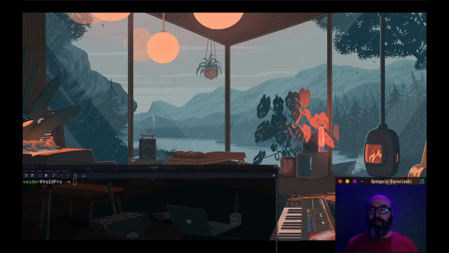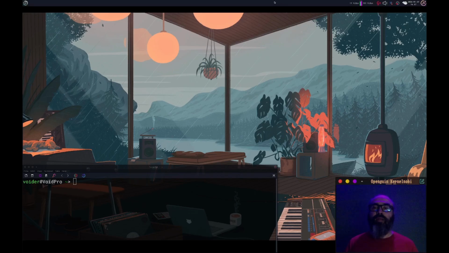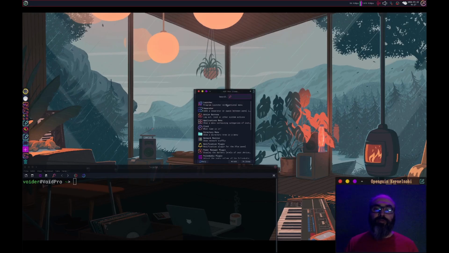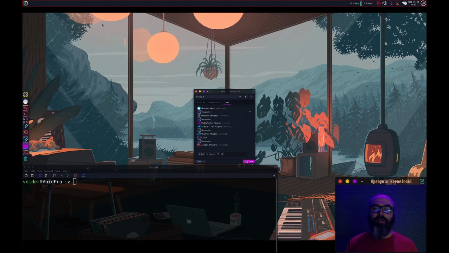And yeah, basically the weather and the net thing are just panels, extra panels that you install in the system, and you can add them as new items on your panels. For example, you can come here and say add, and then find the weather, for example, and install it, add it on your panel. Anyway,